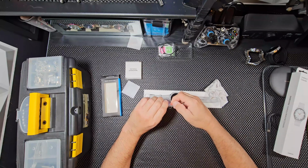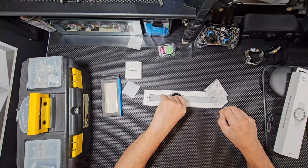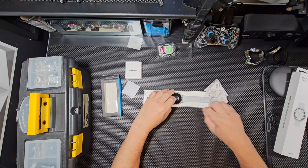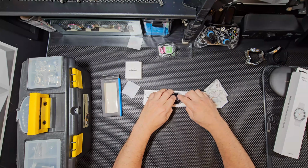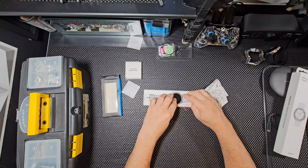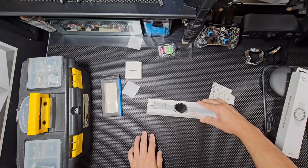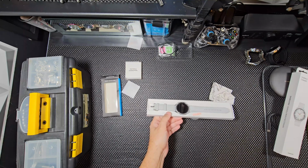All right, so you peel, and basically no wrong way to do it. Goes right in the center. I just want to make sure it's in the center. Press it down. Wow, that is a perfect fit right there. That's a screen protector. Try to pop that off if you can, and well, that came out to be a perfect fit. But anyway, that is a screen protector on this one. So that's what it looks like with the screen protector, just to let you guys know. I'm doing more videos too as well, so